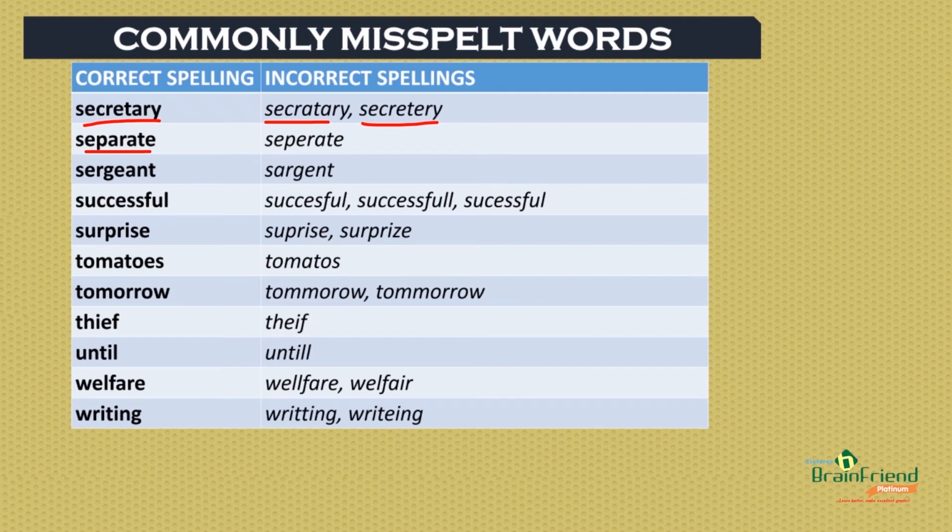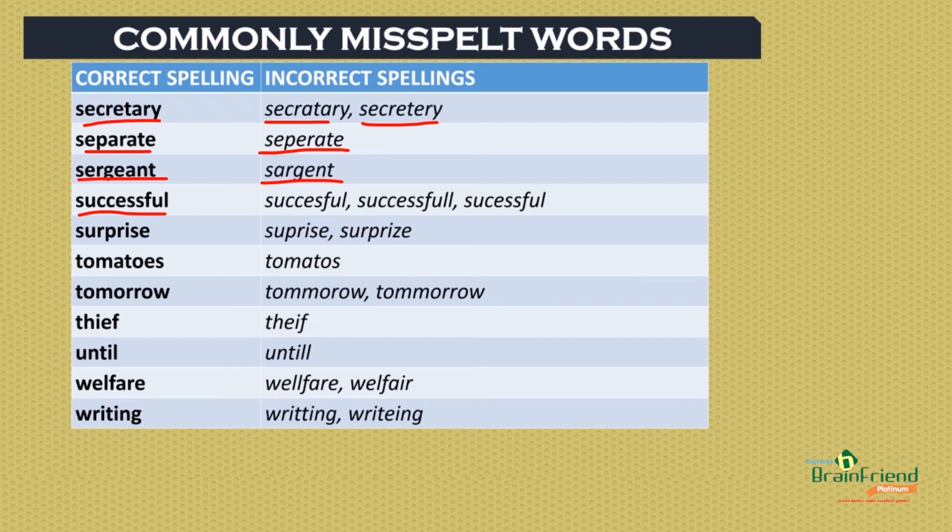S-E-P-A-R-A-T-E, wrongly spelled as S-E-P-E-R-A-T-E. Sergeant is spelled S-E-R-G-E-A-N-T, but wrongly spelled as S-A-R-G-E-N-T. We also have the word successful, spelled as